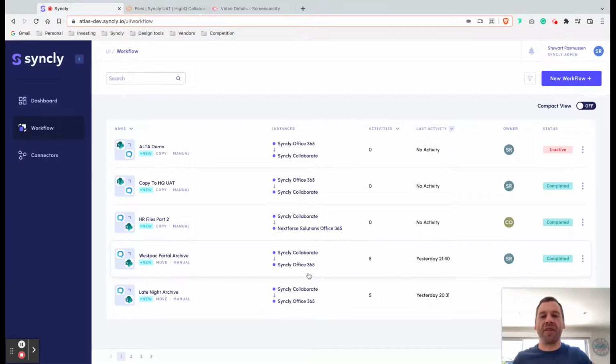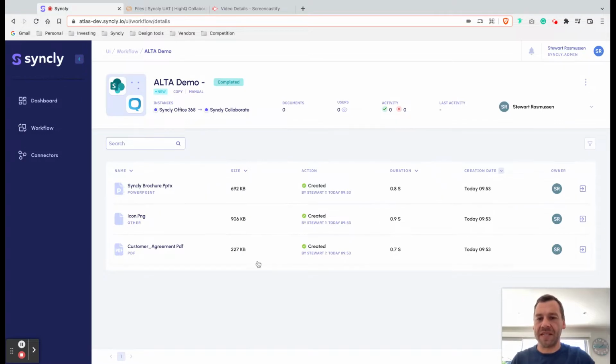And now we go to our workflow list. So we can see that it's currently in an inactive state. We're going to choose run. Syncly is going to jump into life now and start to poll that target and source locations and make sure that there's no conflicts, no errors, and it's going to start to move that document or those documents across into HiQ for us. So if we have a look at that, see that it's already done that, it's already grabbed